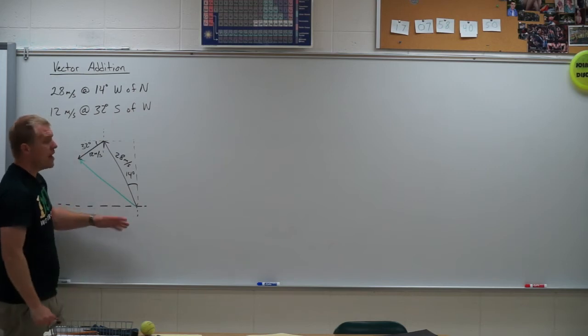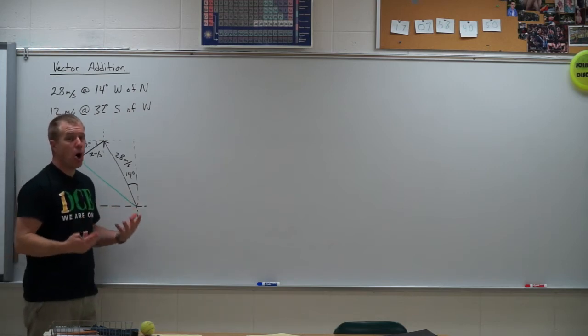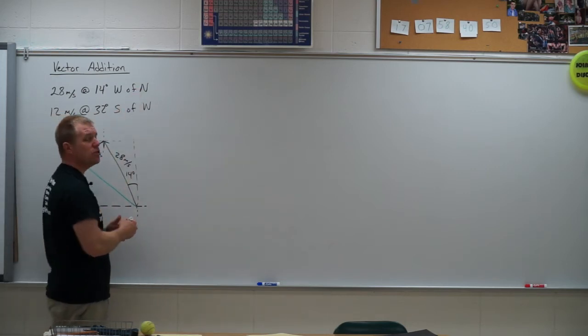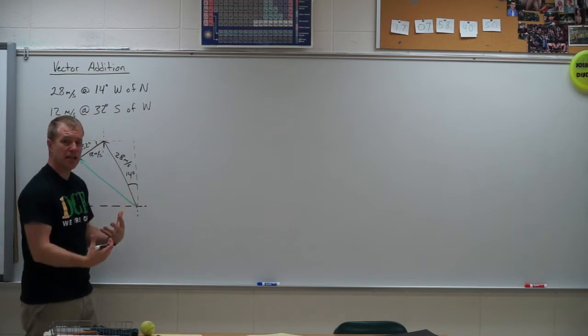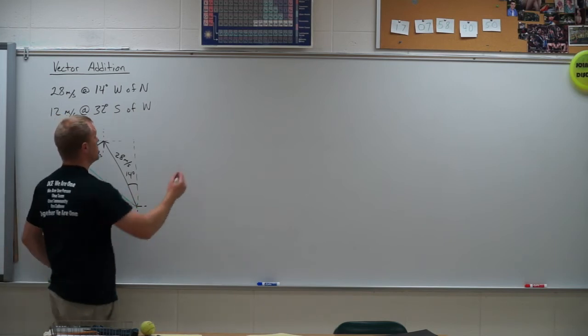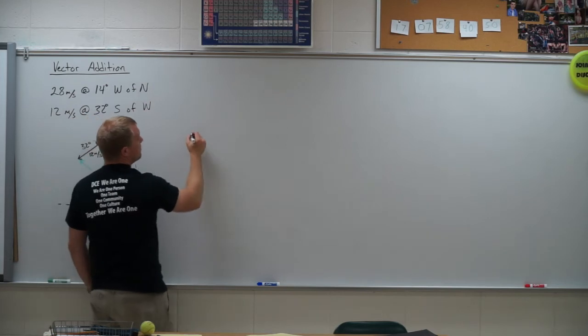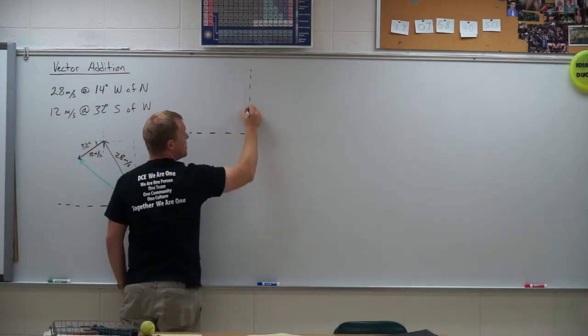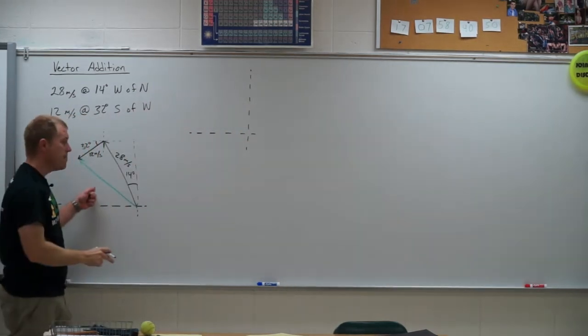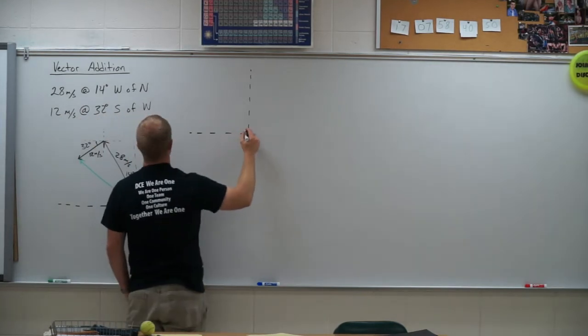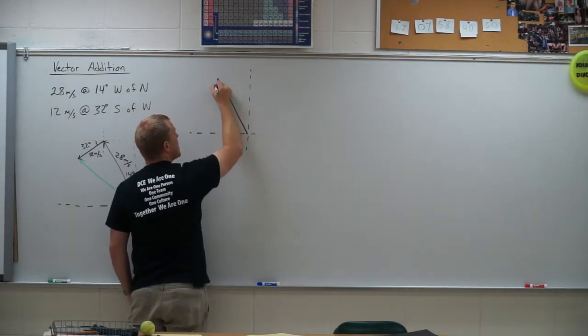All right. So now our first step is we need to get the components of each of these vectors. So I'm going to draw each vector independently, and then I'm going to find their components. So we start with this first one. Very similar to how we started our main diagram, we go 28 meters per second